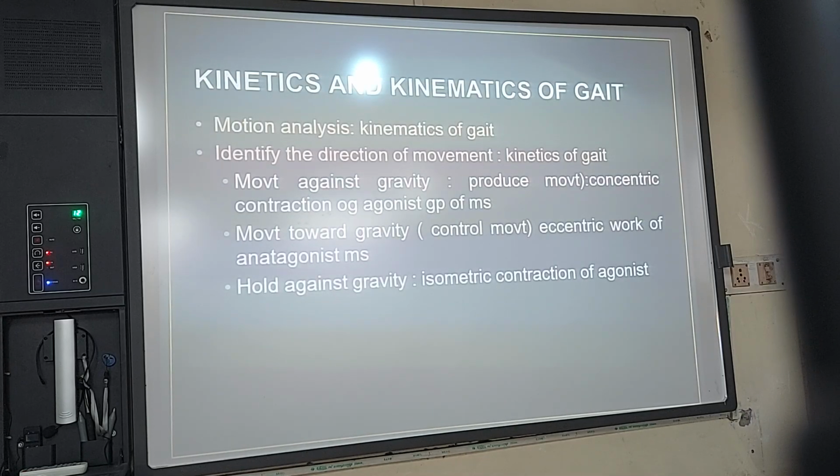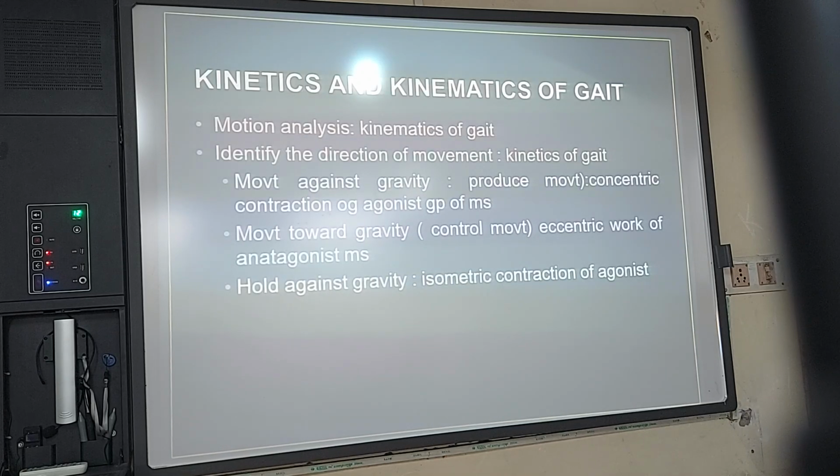The movement is plantar flexion and the movement of ground reaction force is also, do you understand? Ground reaction force, when it is anterior, there is a flexion movement which is happening. When it is posterior, there is an extension movement which is happening. You understand this or not? Yes. So, is this movement towards the gravity or away from gravity? Towards the gravity. What kind of work should happen here?